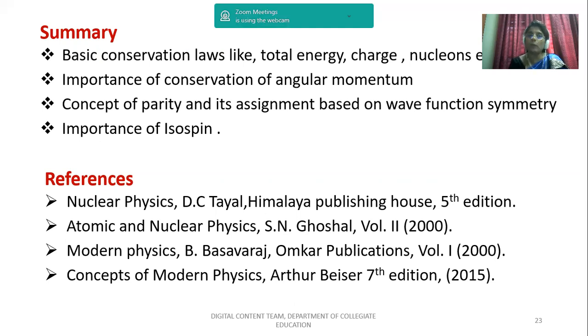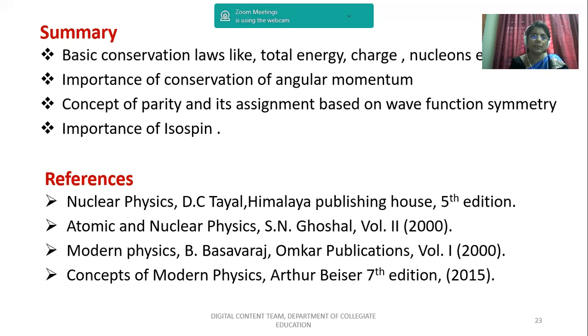You can calculate how many particles are present in a particular group, and they are not at all dependent on charge. That you should remember. Isospin is a quantum number which is independent of charge in strong nuclear interactions, and we also observed in weak interactions how the isospin conservation fails. So you need to understand that isospin is independent of charge in case of strong nuclear interactions, and thus it verifies the law of conservation of isotopic spin in nuclear reactions.